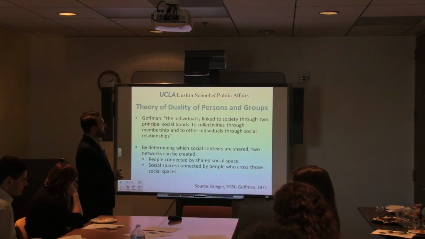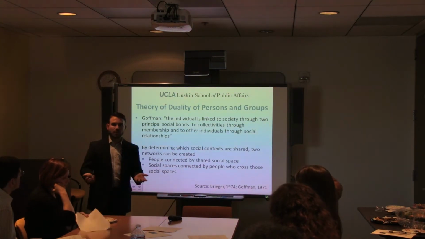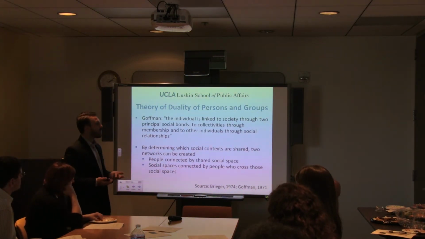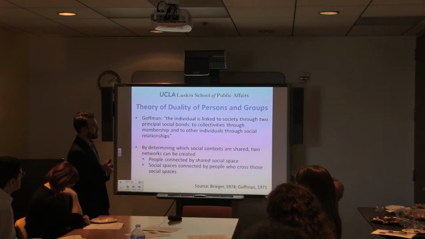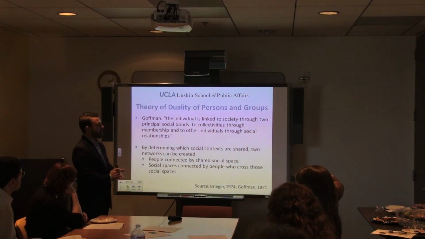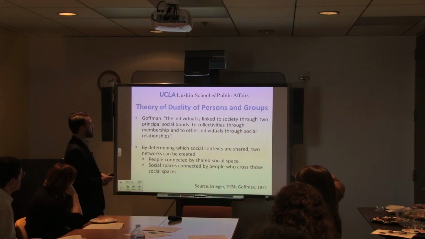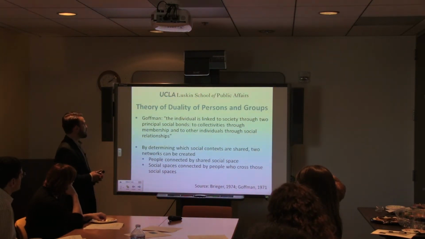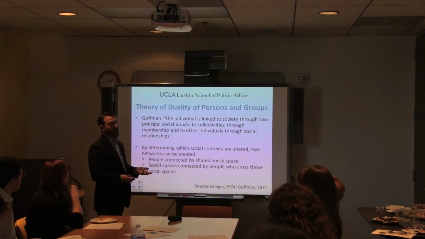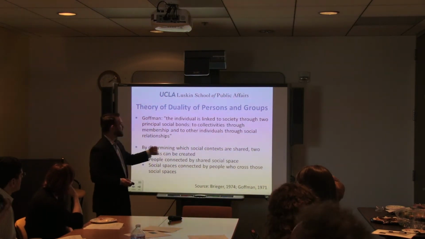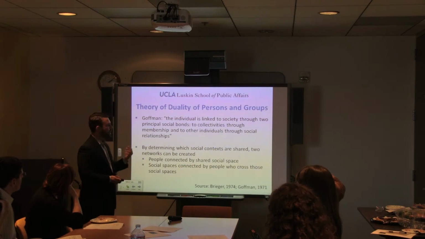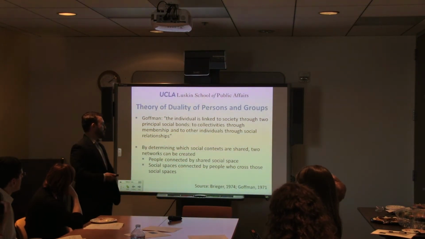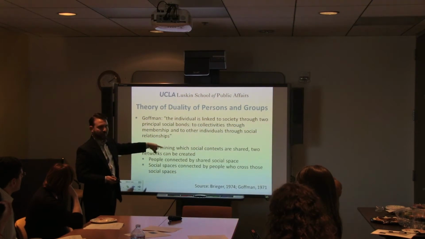There's a theoretical background to this work that underpins how and why we create these venue networks or affiliation networks. It's basically from classic sociological theory that the individual is linked to society through two principal social bonds: through collectivities, through membership, and to other individuals through social relationships. When we think about personal networks, we typically think about individuals connected by their social relationships. But in these affiliation networks, we think about membership as the key